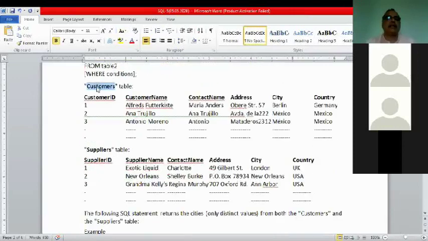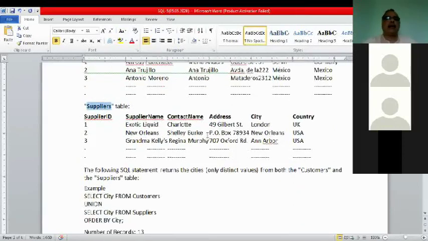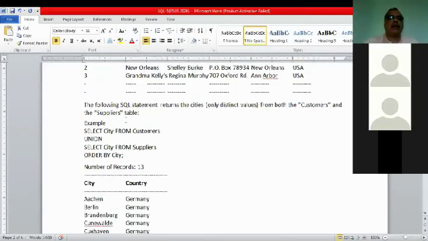So say these are the two tables. These are the values, and many values are there. Only a few values we have taken. Now the example. SELECT city FROM customer UNION SELECT city FROM supplier ORDER BY city, the data will be displayed in order. This is optional, but they have written it.